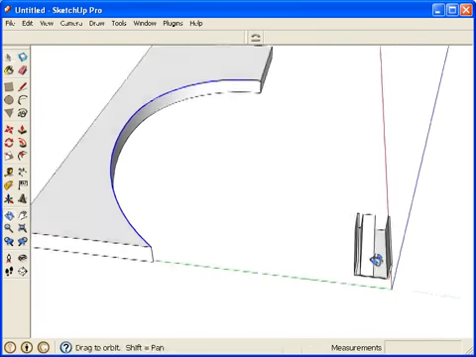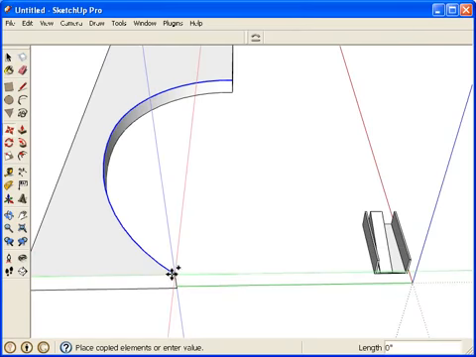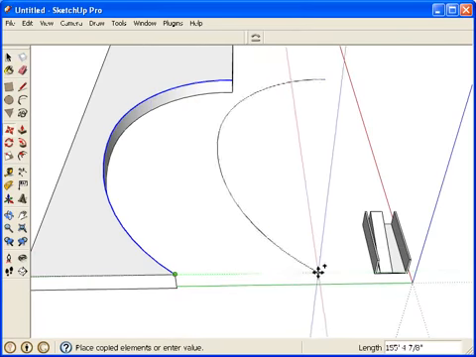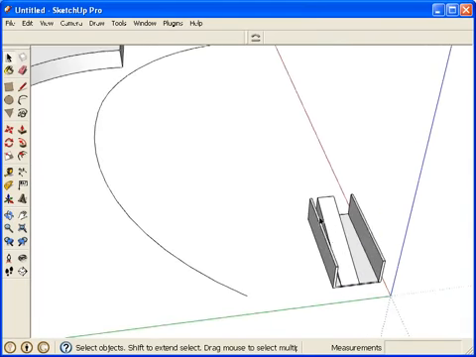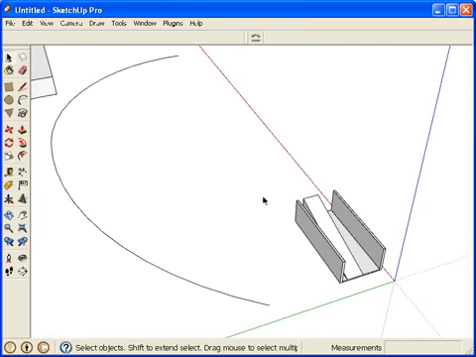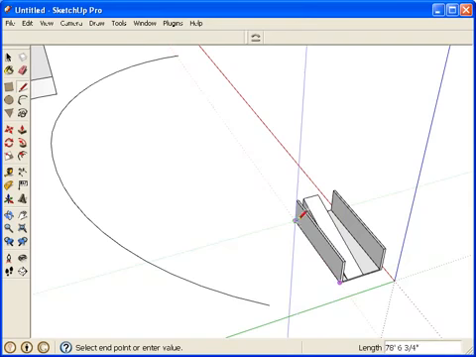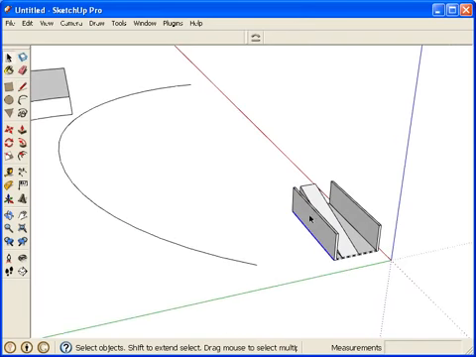So the idea for how to do this with ShapeBender is to take the curve that you want. So we'll take this curve and I'll pull it out and separate it. Now I've got just a single line that represents this vertical wall. And I want this shape to bend to match this curve shape. So I'll draw a line right here next to this component. You can see I've got my line drawn there because I want this wall to match up perfectly with this curve. So I draw the line exactly right next to